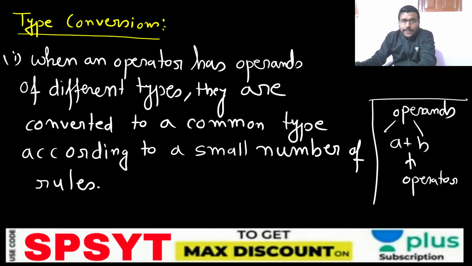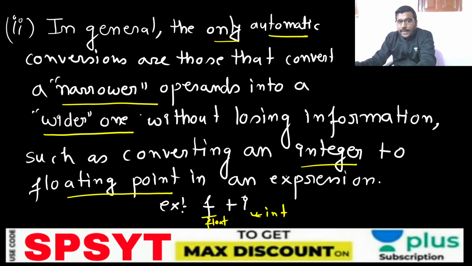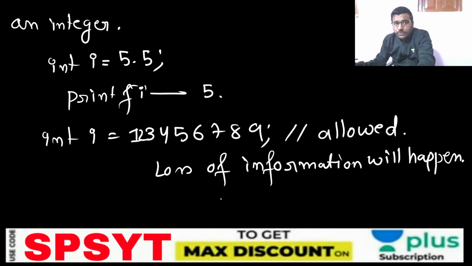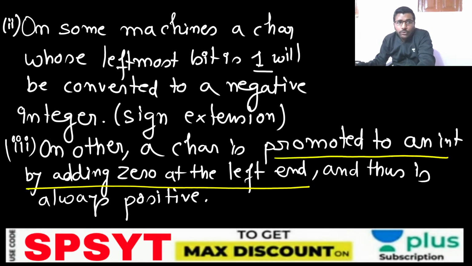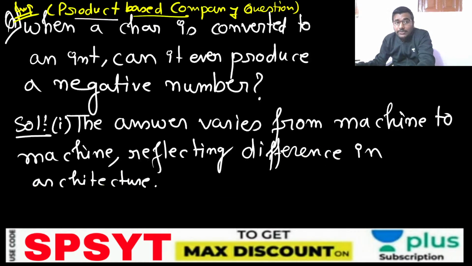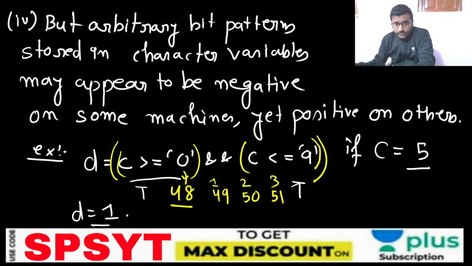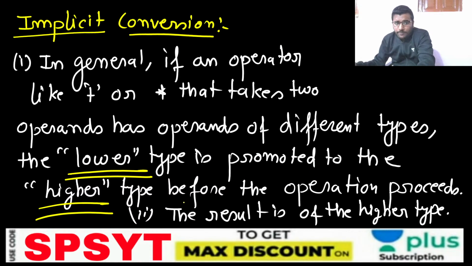सो हमने क्या क्या देखे, जब डिफरेंट टाइप का ऑपरेटर है तो टाइप कन्वर्शन होता है। नैरोअर टू वाइडर अपने आप हुआ, इनटू फ्लोट हो गया। फिर इसमें हम फ्लोट नहीं लिख सकते। फिर लाइक असाइनिंग लॉन्गर इंटीजर टू शॉर्टर में करेंगे तो एक्सप्रेशन कुछ लॉस हो सकता है। फिर कैर का देखिए, सबसे इंपॉर्टेंट है कि कैर को जब भी हम इंट में कन्वर्ट करते हैं तो वो नेगेटिव पॉजिटिव क्या होगा, मशीन डिपेंडेंट। ठीक है, बहुत इंपॉर्टेंट है।